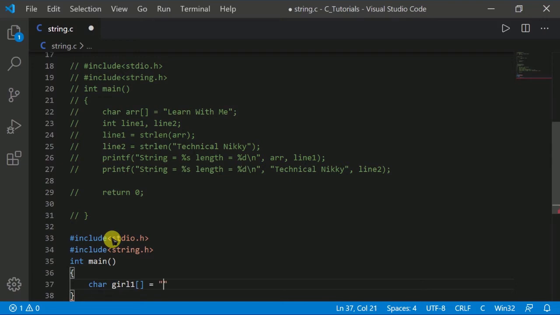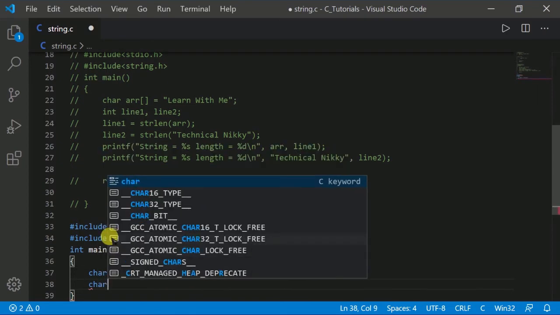Then I am going to type the string intelligent, then make the end of the line.